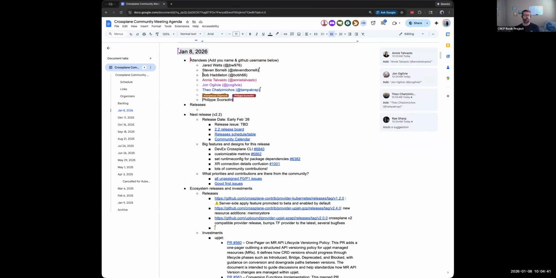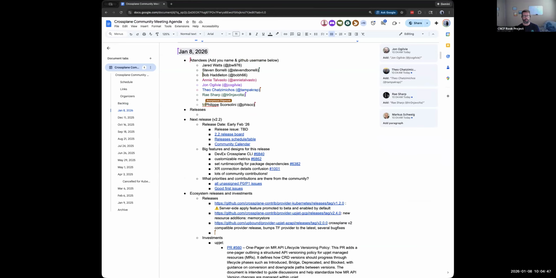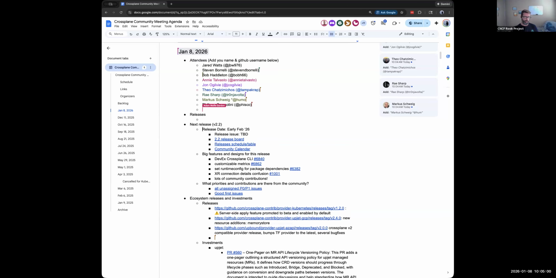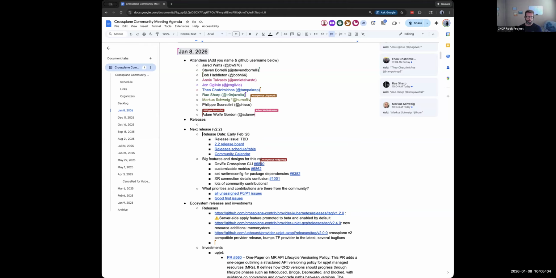We are working towards the 2.2 milestone right now, and that has been scheduled the entire time for early February of this year. So we have about 1 month left in the milestone there. I don't know the exact day yet. We'll get that locked in soon though. Yeah, I don't see any big blockers for that release just yet.